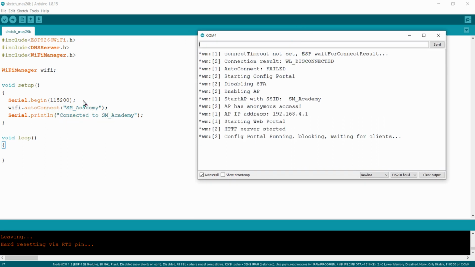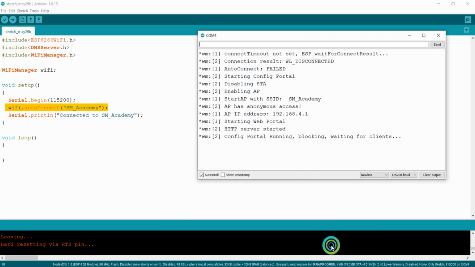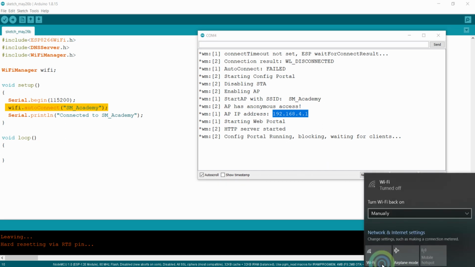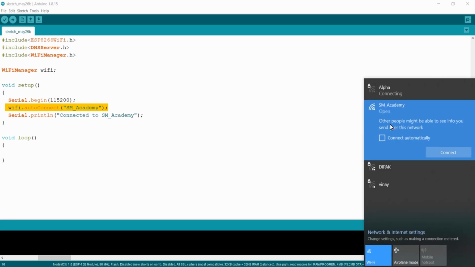You can see, as I said, this is trying to auto connect to the SM Academy SSID, and since that is not available, it has created a hotspot with the IP address 192.168.4.1. So I am going to connect to that hotspot named SM Academy in my laptop. This is the hotspot created by the ESP8266 NodeMCU. I'm connecting to it.